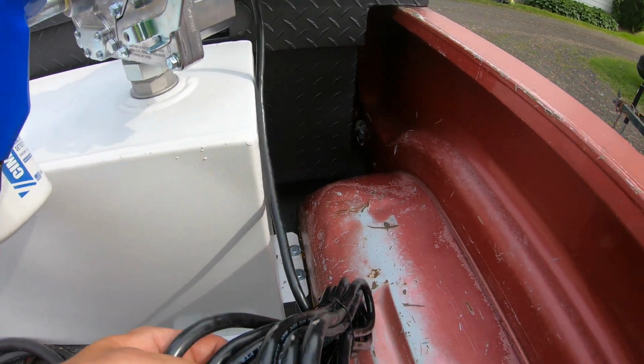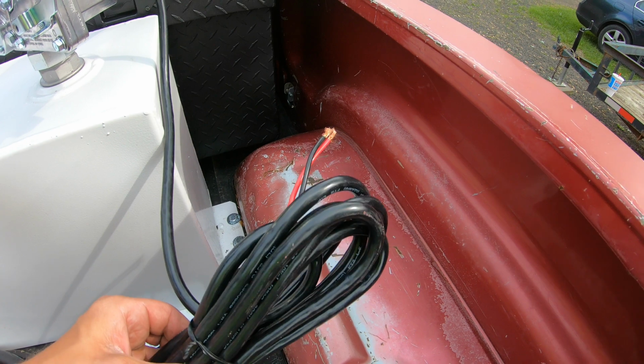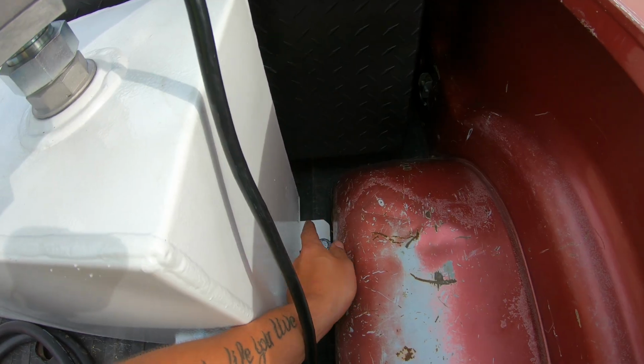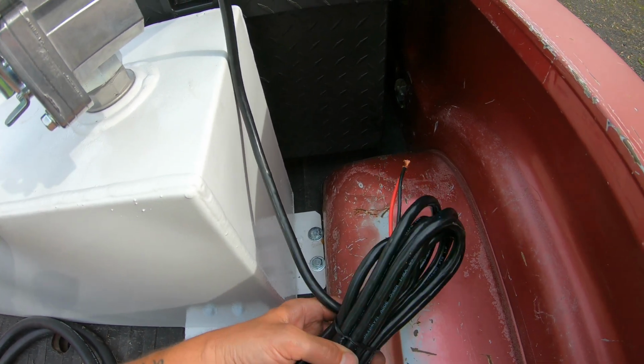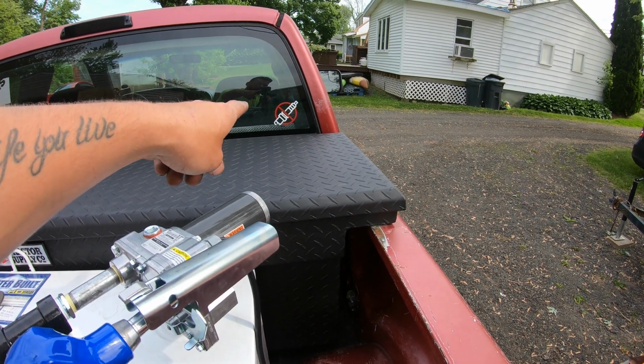So here's our wiring right here. We've just got a basic power and ground. So I'm going to run this right to the battery. So my plan here is to drill a hole pretty much in the corner here by the transfer tank, and I'm just going to drill a hole probably about 1/2 inch big. I'm gonna run this line right through it, and then I'm just gonna follow the frame rail all the way up into my engine bay where I have a battery right up here on the right corner,